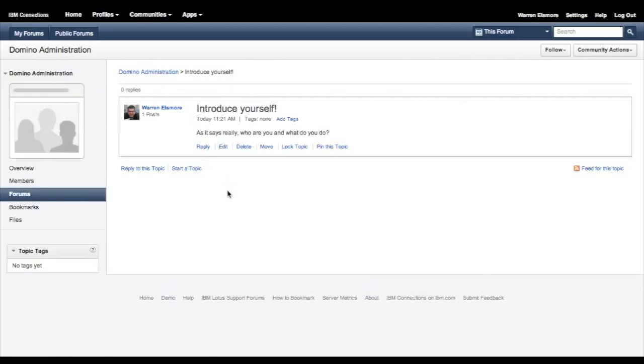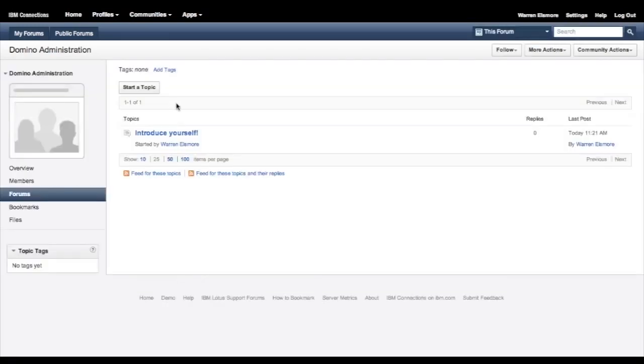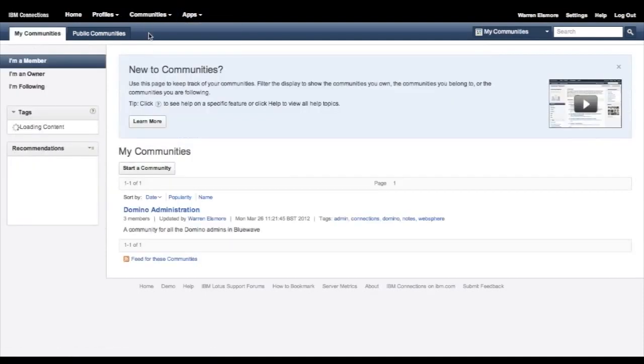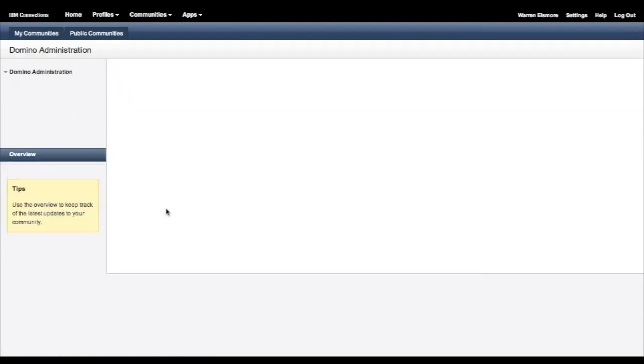And you've got a threaded graphical forum there all ready to be used. Let's pop back up to our community. So we can see just the one forum thread at the moment. If I go to my Domino admin community,